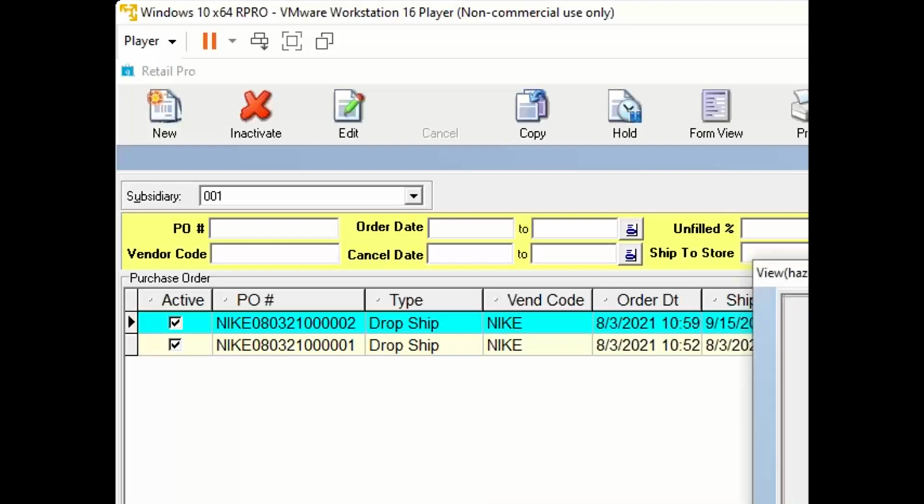I'm going to take this a step further. Here's my order date. Here's my cancel date. I'm going to right click. I thought I was going to right